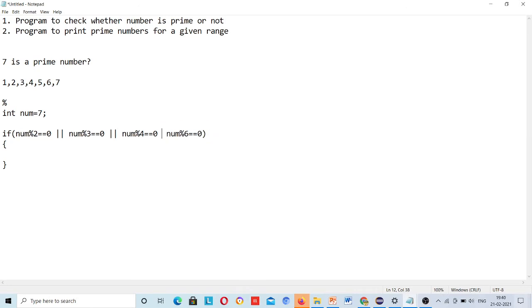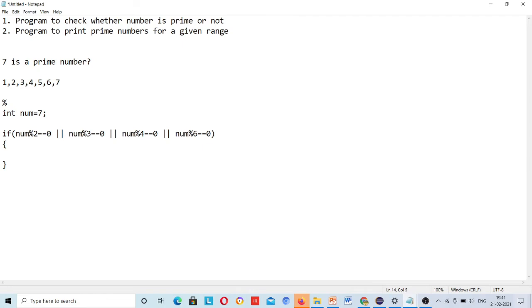So instead of AND we need to use the OR operator. Here if 2 divides, or 3 divides, or 4 divides, or 6 divides, any one of them dividing completely and returning remainder 0, then this 7 is not a prime number. Otherwise this is a prime number. If any one of these 4 conditions is true, then it will come inside.